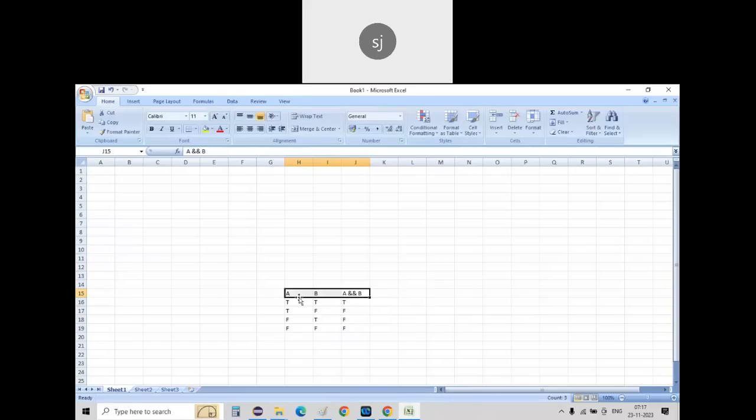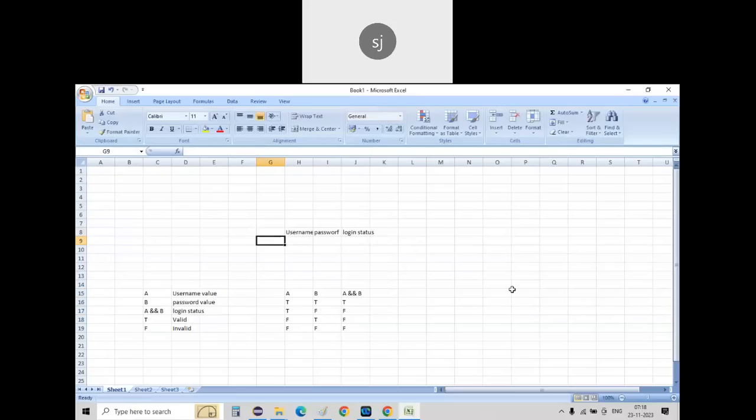Suppose, consider A as a username value, B as a password value, and A and B as the login status. True means valid, false means invalid. See guys, I'm just rewriting that: username, password,